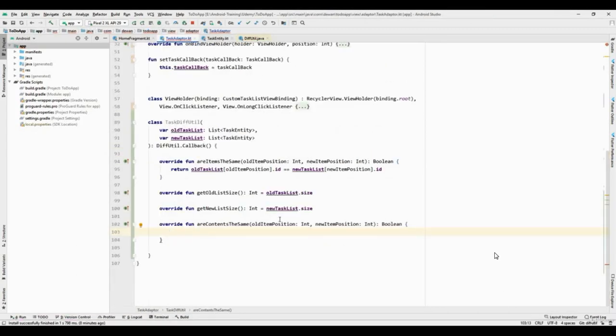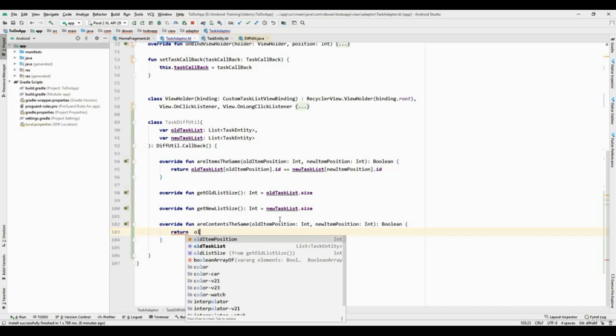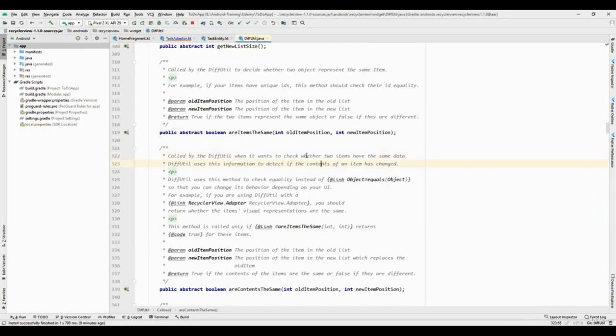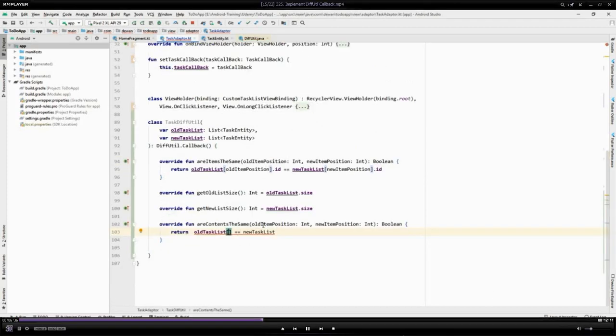And what we will do is return from here. First I have to check the old task list. We have the old item position, so we need to pass that, not just the particular list. If you want to check two items, we are basically checking the item. So I need to pass the old item position over here, so that